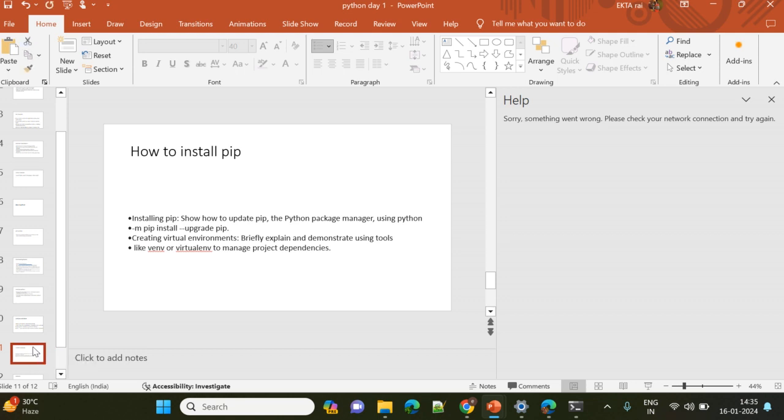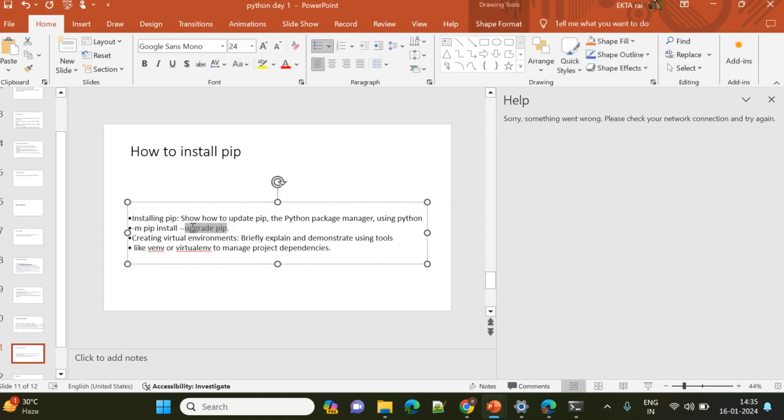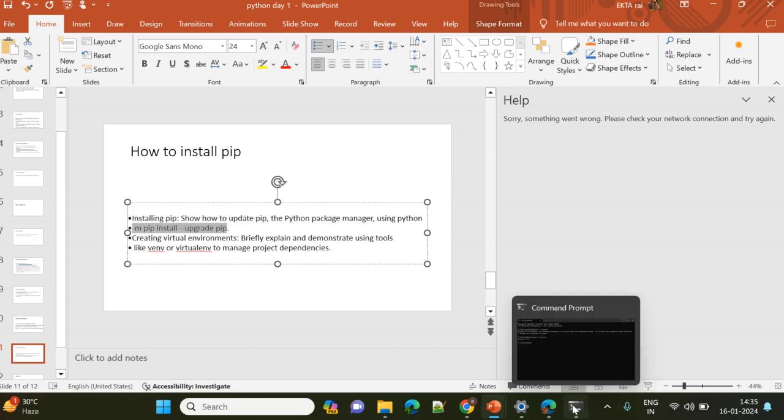In the next slide we'll see how to install pip. Go to your command prompt and type this command. You can see